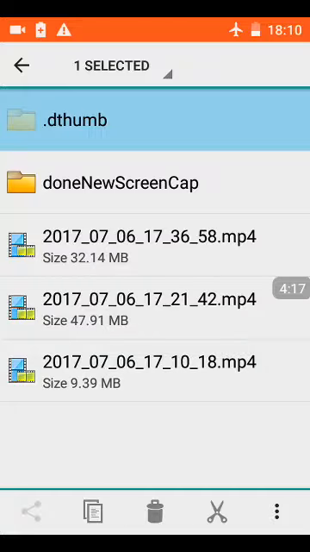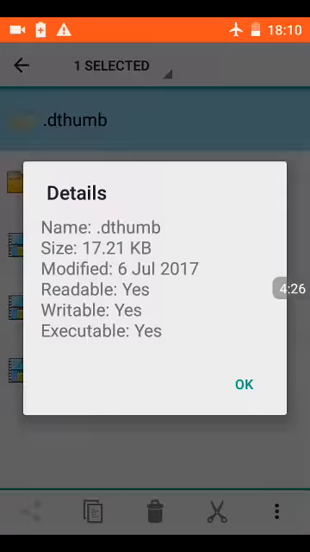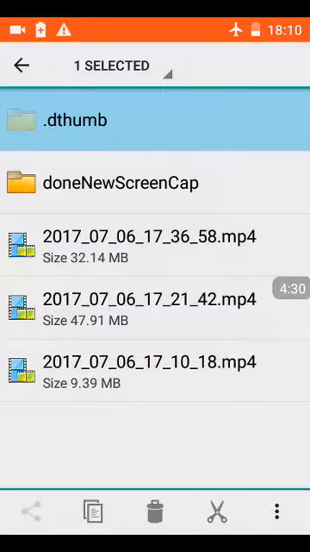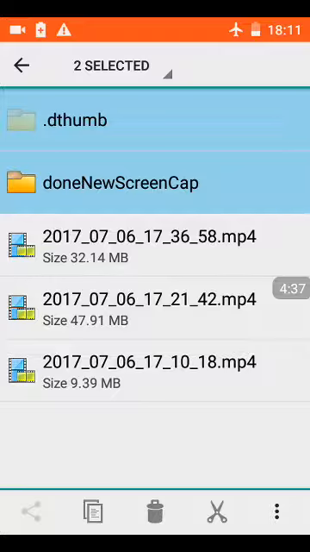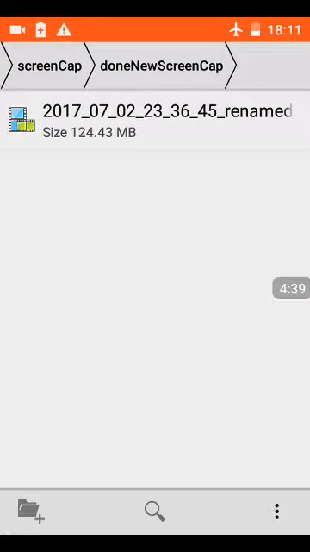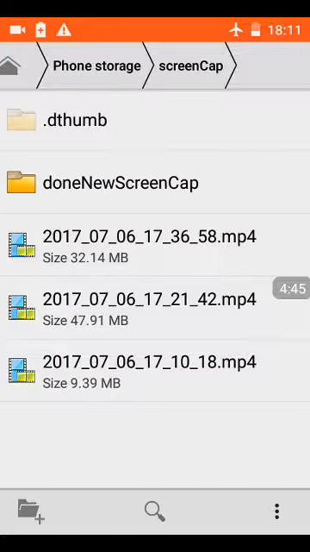The Dthumb folder was created, and I never accessed this video with the screen cast program. And the screencast program that I use, Screenwriter or Screen Recorder, didn't access this. Now, this Dthumb folder was created just after I made the video, and it has nothing to do with the screen capture program. Because I deleted the Dthumb folder from this folder, and there's no Dthumb folder. So you can see it's active participation within the